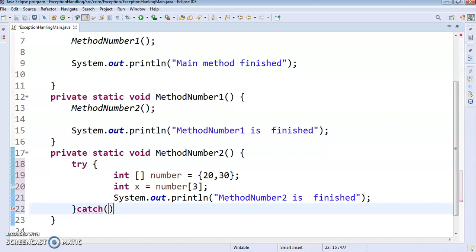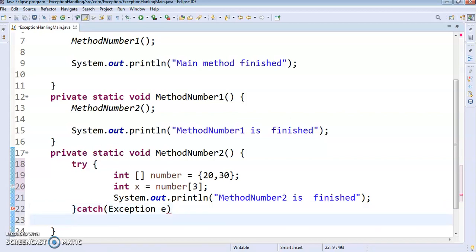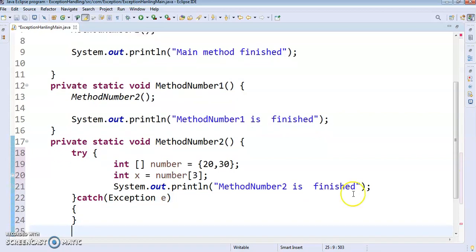Inside this we'll have one class, Exception, and e is the object of the Exception class. Opening curly brace and closing curly brace.